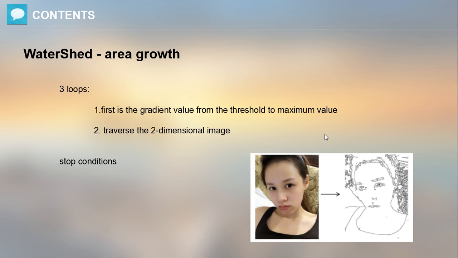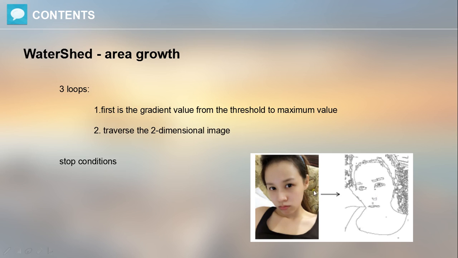So maybe you will ask, if there exist more than 1 zero pixels in its neighbors, what should I do? In this condition, we will mark it as the borderline. And here is the basic method we use to do the area growth. And of course, the growth must have a stop condition. So we will make a judgment: if there doesn't exist any pixel classified into the new seed area, we will think the loop should stop. We have already finished the area growth,